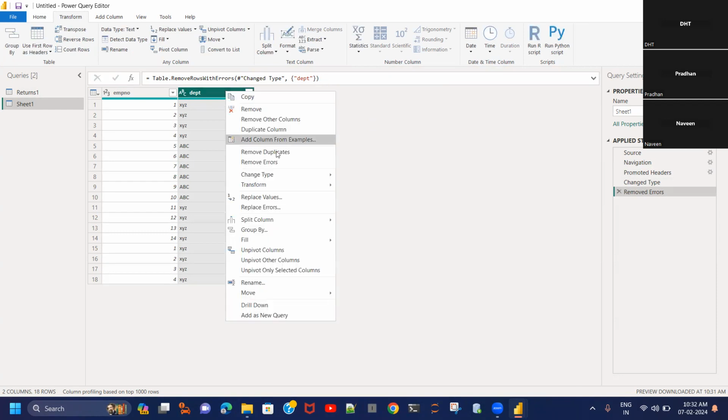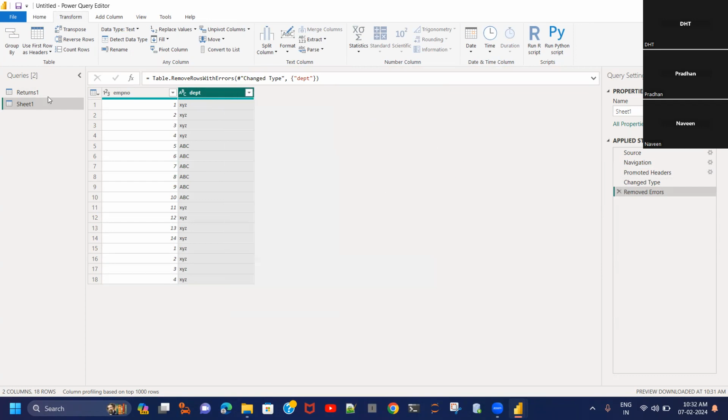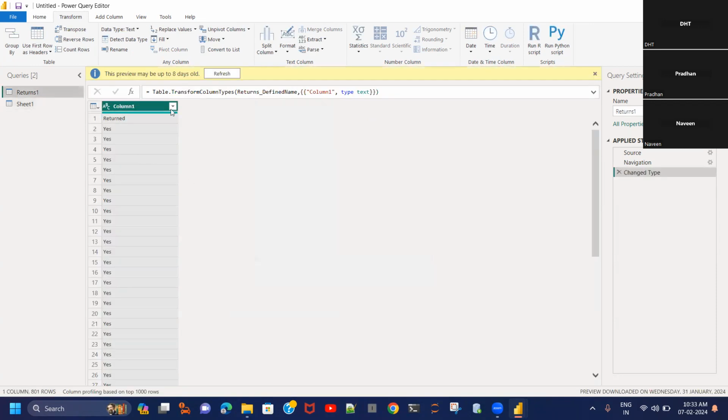Okay. So these are the options readily available, which can be done. Similarly, like we saw last time, split columns, isn't it? Split columns is nothing but if you see this data type,